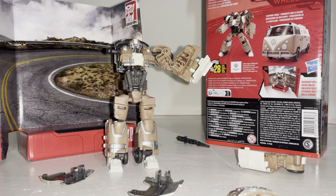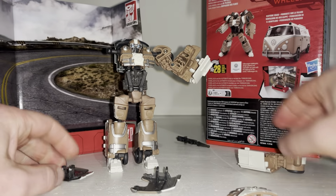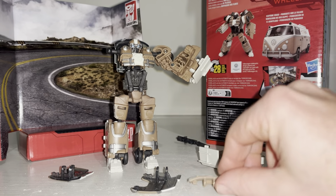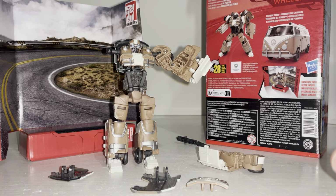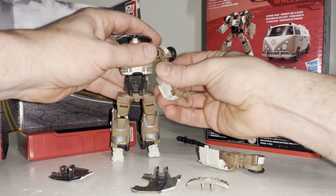Okay, so I don't normally do this, but I really just wanted to, because for obvious reasons I want to be as honest as possible. So I'm part way through getting him back to robot mode, and I've got both doors that have fired off. I've got one arm that has come off the ball and socket, and I've even got this that's untapped from the back. But as I say, just to be completely honest and show you the fact that the transformation process